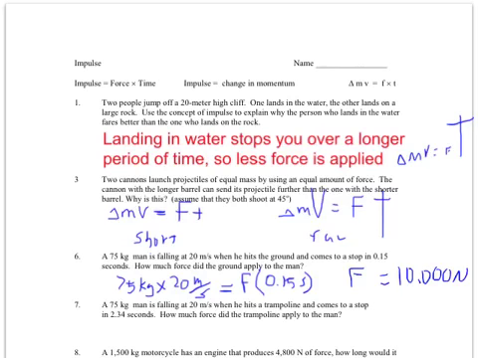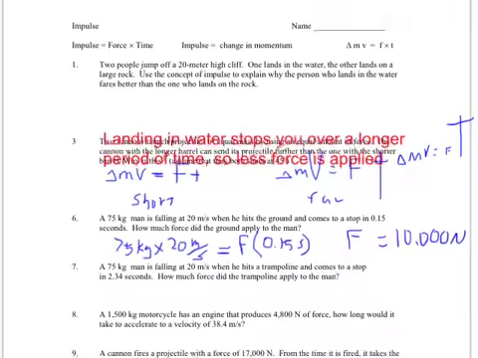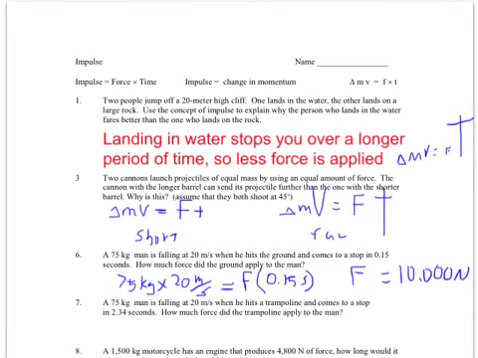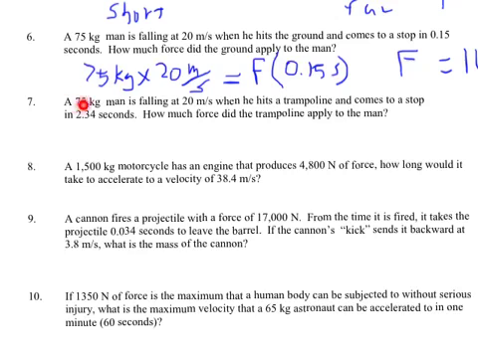Alright, let's keep going here. Oh, darn it. Hang on a second, I'm going to duplicate this page. Okay, look, my 75 kilogram man is back again. He's still flying at 20 meters per second like he was before, but this time, instead of landing on the ground, he's going to land on a trampoline and stop over this much time, which, let's face it, is an unrealistic amount of time, but hey, I'm just trying to teach you some physics concepts here. So again, we're going to do the same thing, and we're going to see there's a lot less force involved because there's a lot more time involved.